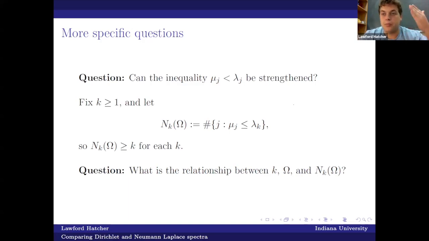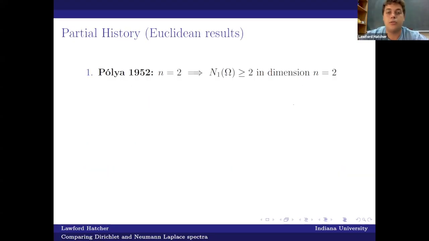But there are a lot of results that I'm going to state in terms of this quantity. So the first one that I'm aware of is due to Pólya. Pólya showed in 1952 that in two dimensions, n_1 of Ω is at least 2. So in other words, what he showed is that the second Neumann eigenvalue is always less than the first Dirichlet